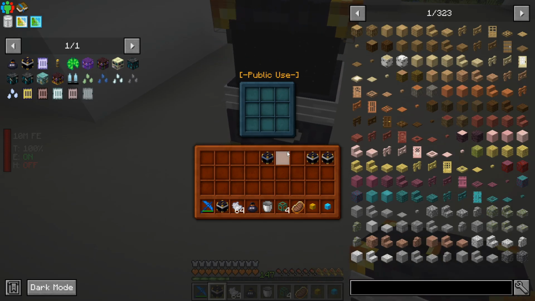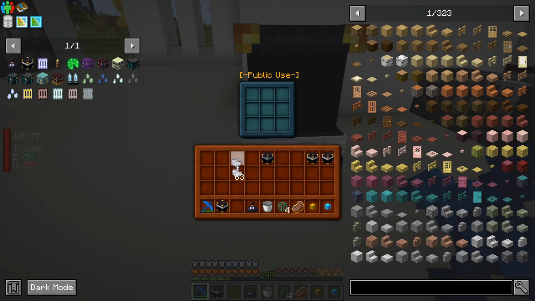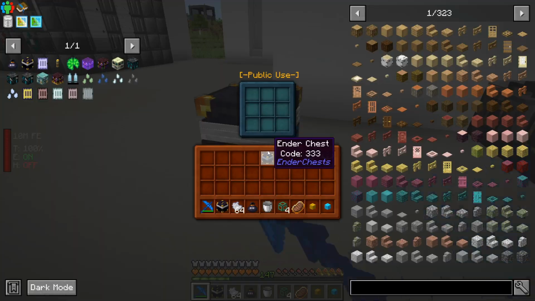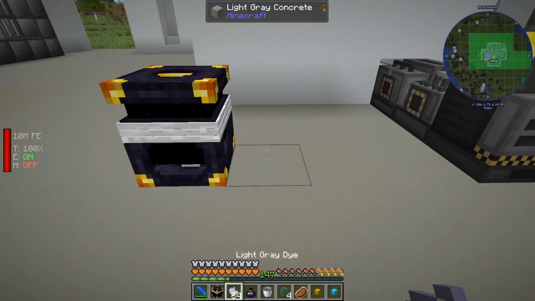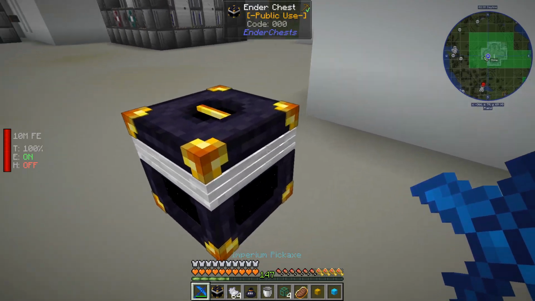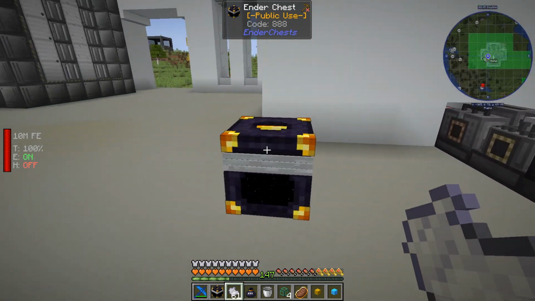Well, that's cool looking. Oh, that's neat. That's just the input of the chest, isn't it? Well, I like that. That is a nice thing. What's in the ender chests mod? Just, yep, literally what you want. It's just nice. I like that animation. Okay. So we can dye this. Yep. So grey will be